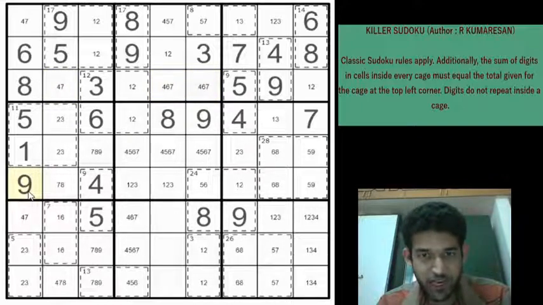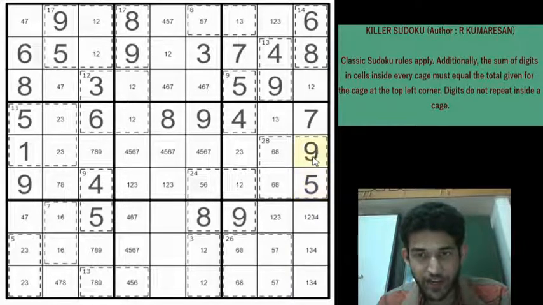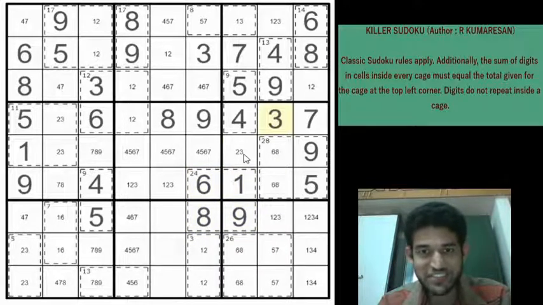And since we have marked 9 here, so this is a 5. Right, this will be a 5, this will be a 9. And this 5 gives a 6 here. And 6, 8, 9 is 23, which gives a 1 here, which gives a 3 here, which gives a 2 here. This 3 gives a 2 here, a 3 here. This 2 gives a 1 here, a 2 here.